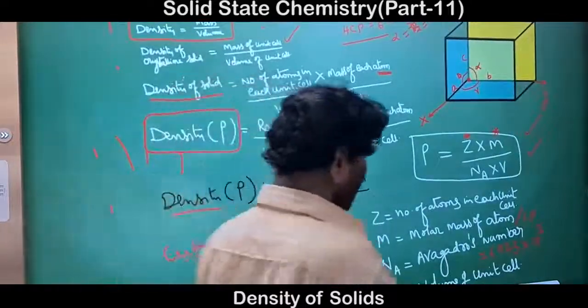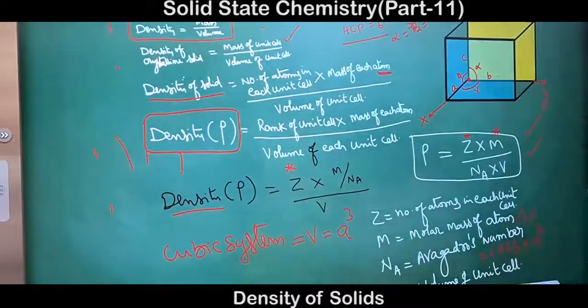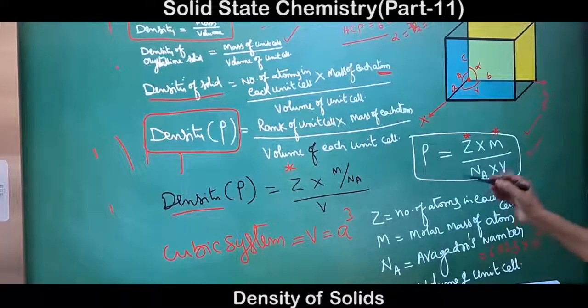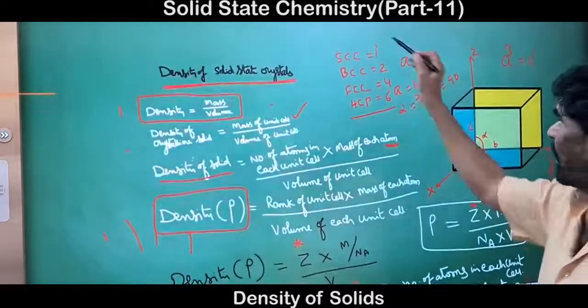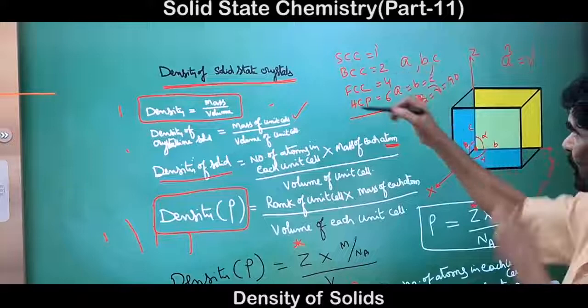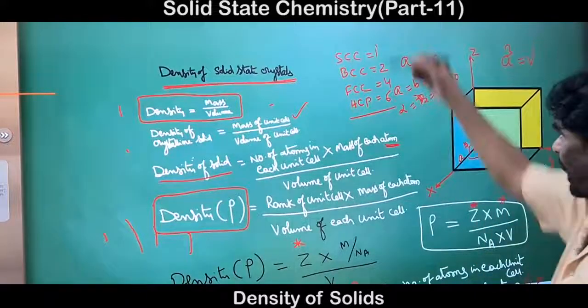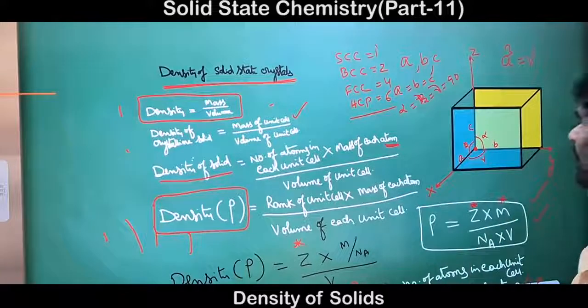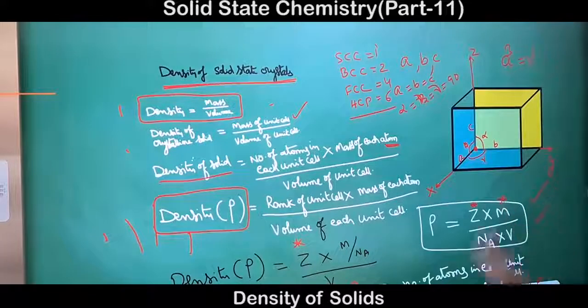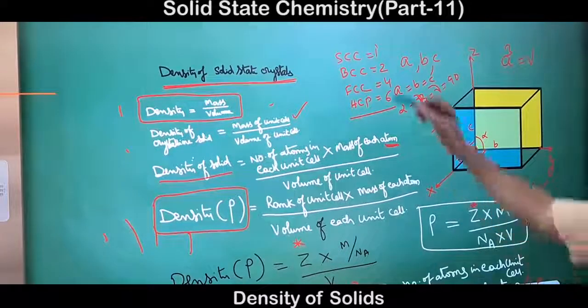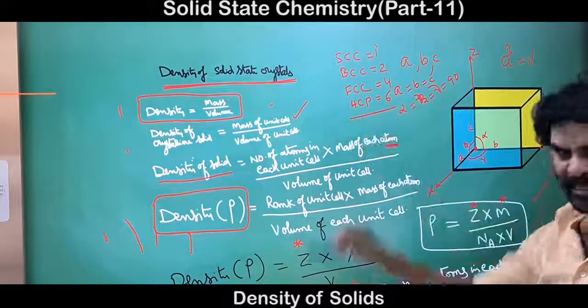It is just a simple numerical, and by using this equation we can find it out. But we should know what type of crystal it is. For that, what is required is the number of atoms involved in the formation of each unit cell of that solid. So we must know whether it is SCC, BCC, FCC, or HCP, that is the crystal's rank, and for each case you must be in a position to evaluate the volume of the unit cell from the cell parameters. That is very simple for these three, only the HCP system is different.